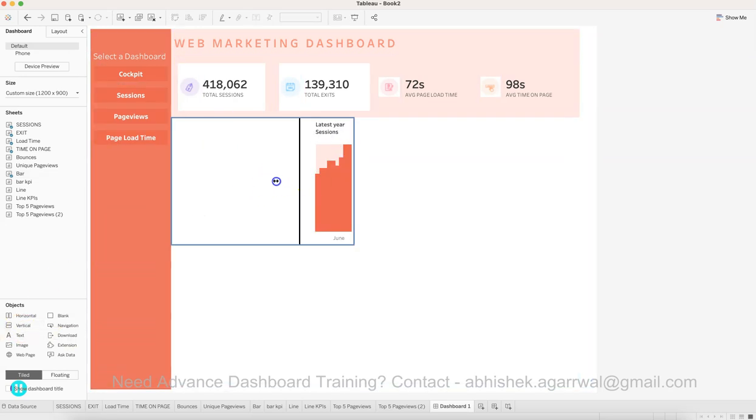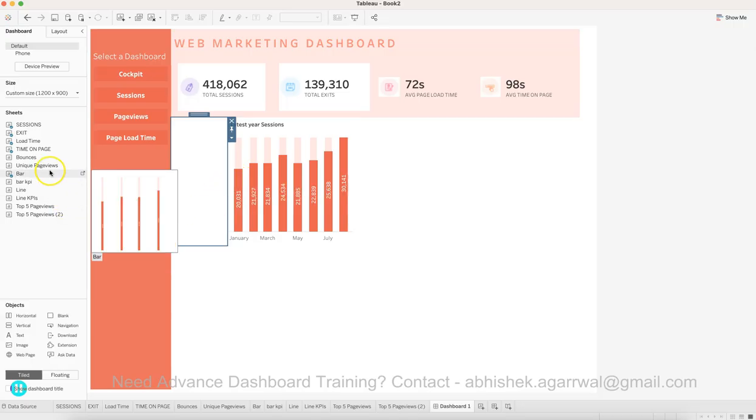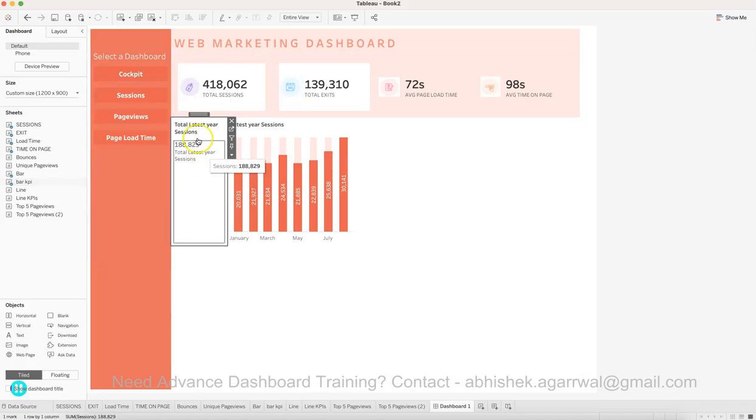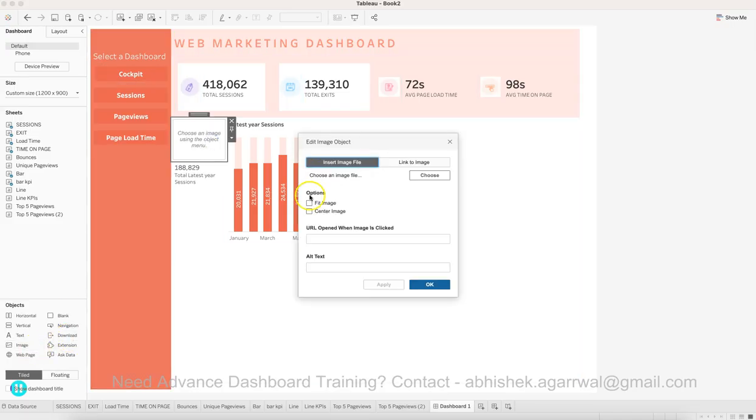component. Now you will be like, why are you bringing a vertical component? Let me just show you why in 2 minutes. Okay, so in this vertical component what I'm going to bring is my bar KPI. Okay, so this is my bar KPI. I am going to hide the title, right? And then what I am going to bring is an image because it has an icon. If you remember the image, the